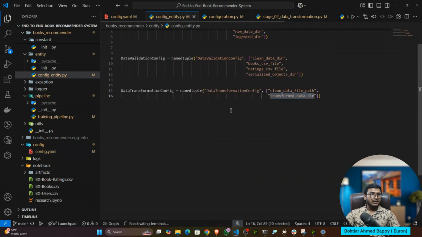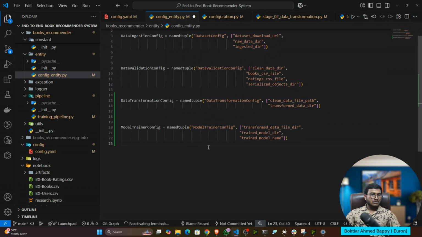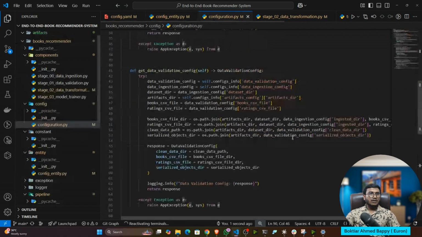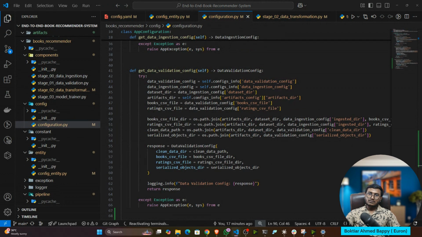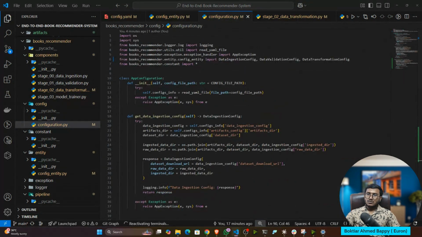So let me add quickly in the config. So model training, you can see it will return transform data file, train model directory and train model name. I'll add the configuration now. So here, first of all, I have to add the data model trainer config.